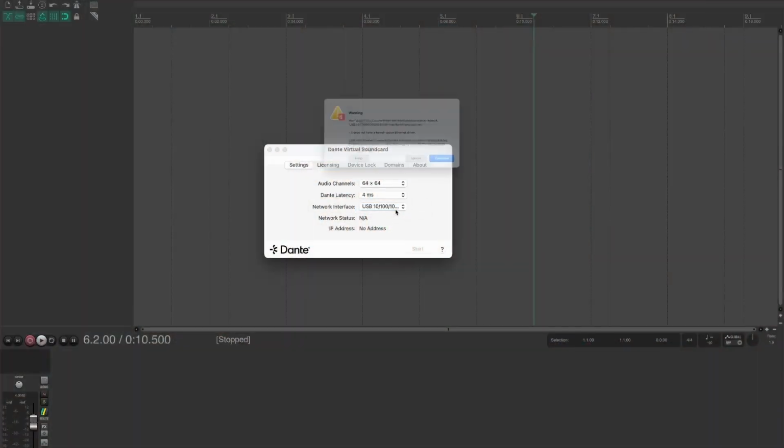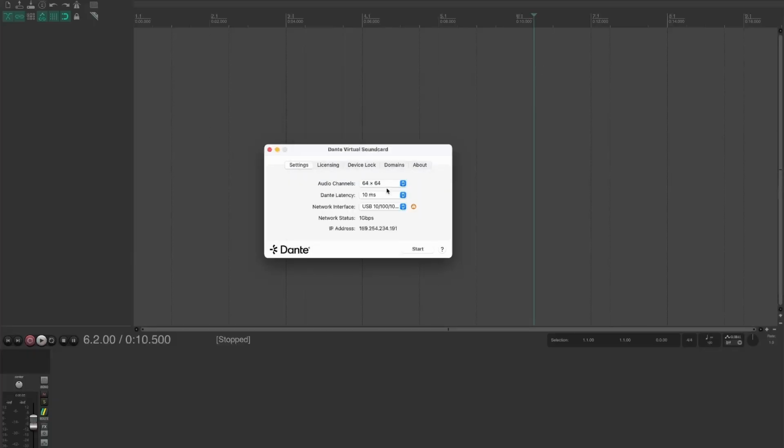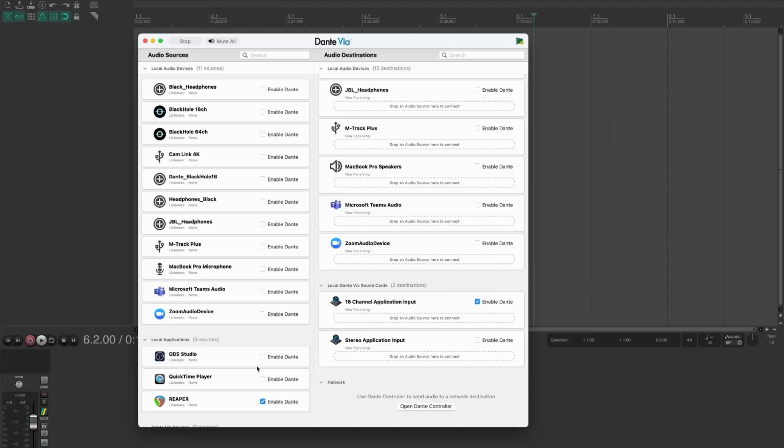Network interface, again, USB. Okay, so we get a warning because the dongle that I am using to connect over Ethernet does not have the most modern drivers for Ethernet connection, which according to Audinate can be ignored unless we have problems with the audio or we're using more than 64 channels. So I will ignore this and connect. Okay, and once we have connected both computers or all the users to the network, I can go and open